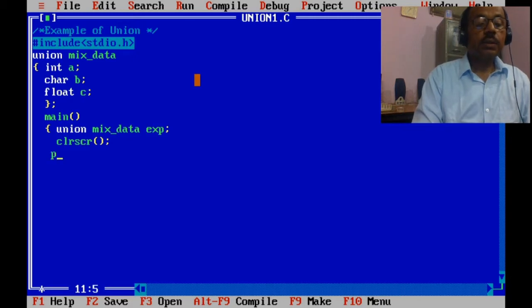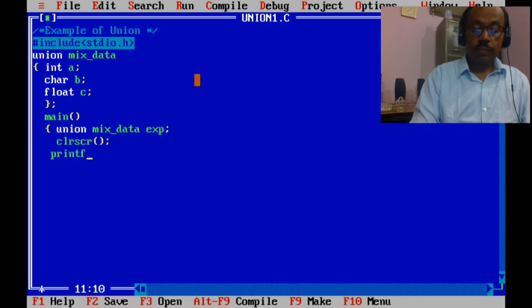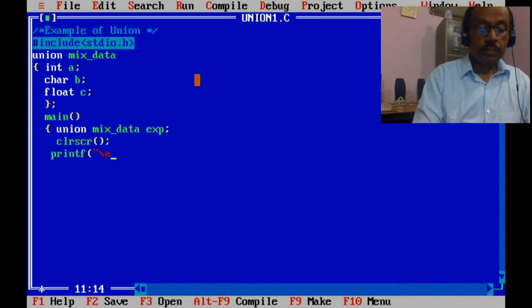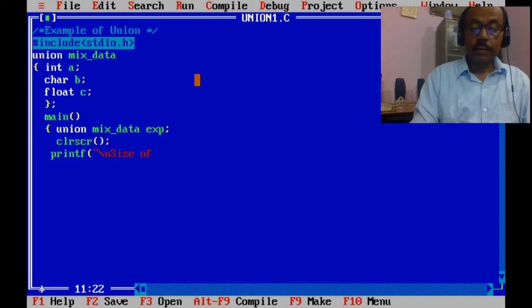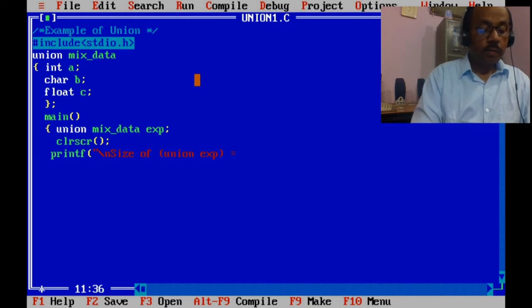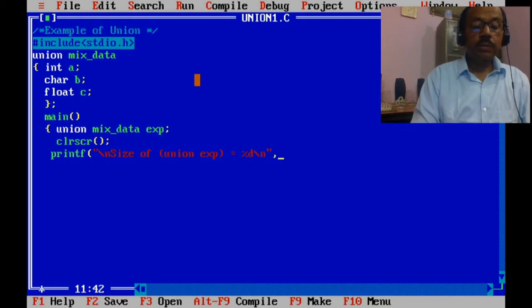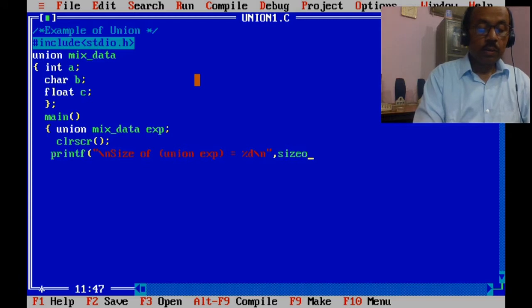Now we are taking the size of the union. printf("\n size of union exp equal to %d\n", sizeof(union mix_data));